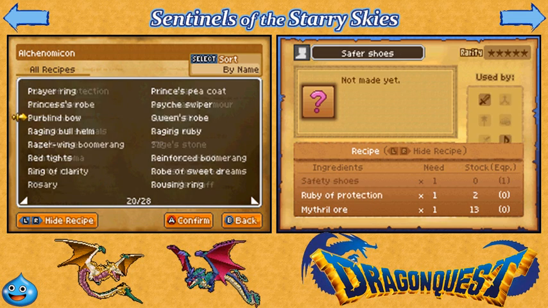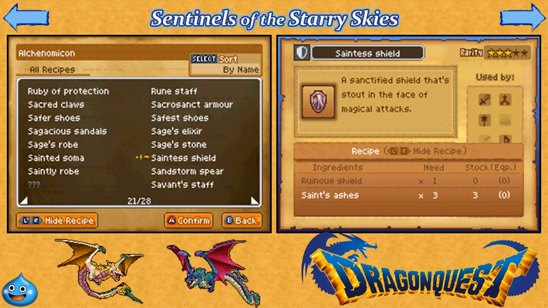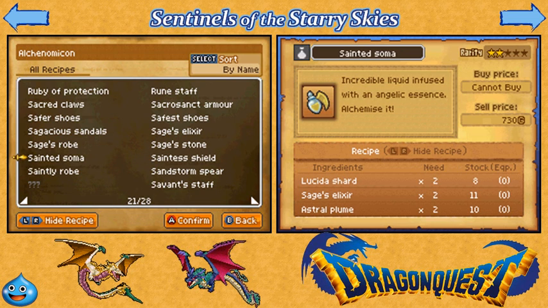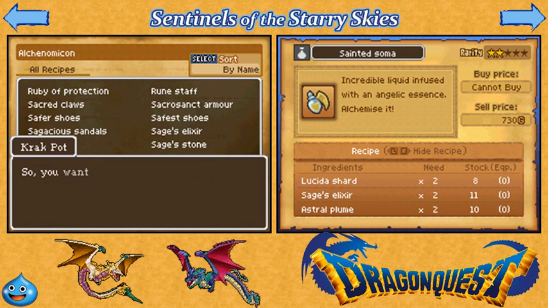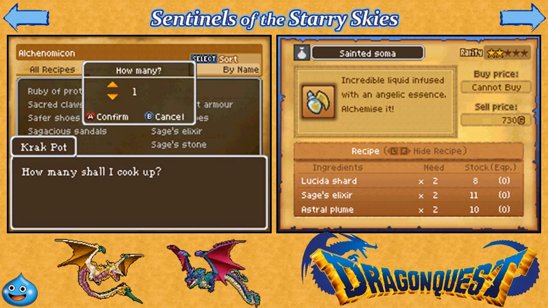Yes, Sainted Somas are the bane of any alchemist's existence in this game. You need a crap ton of these to make all the good stuff. This is why we farm those 3 ingredients. You actually can make all 3 of those with